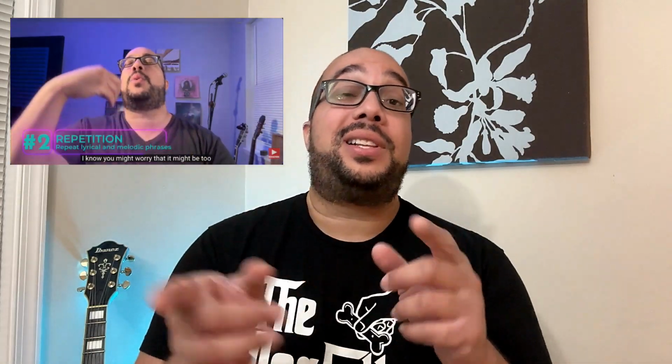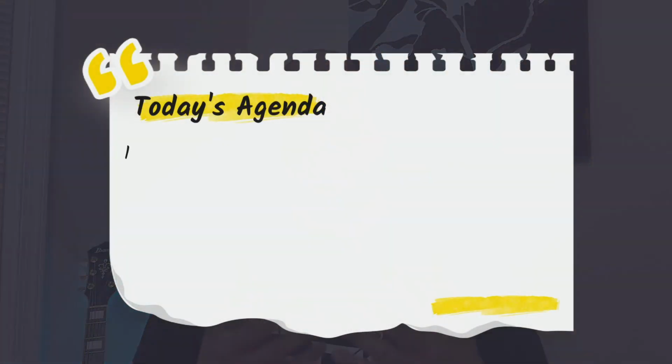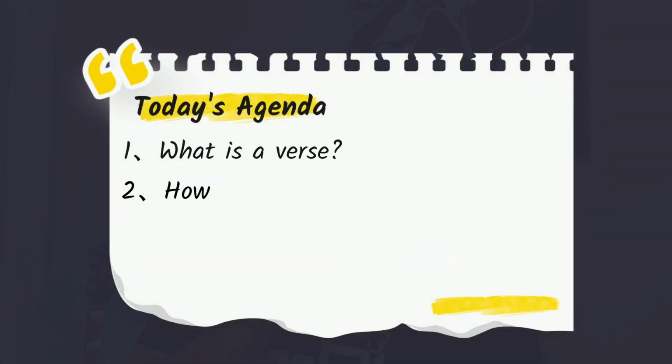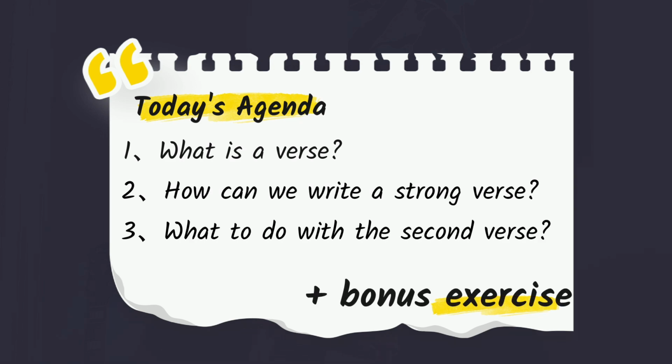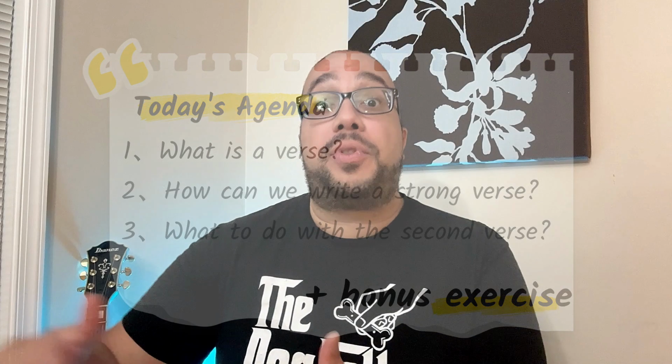Last time we talked about the chorus and how to write one that really pops and hooks people in. Now, let's zoom in on the path that we take to get to the chorus, the verse. We're gonna answer 3 important questions today. What is a verse? And what is its purpose? How can we write a strong verse that keeps people listening to even get to the chorus? And a very big one that used to trip me up all the time, how do we get to the second verse? How do we use the second verse to move the song forward?